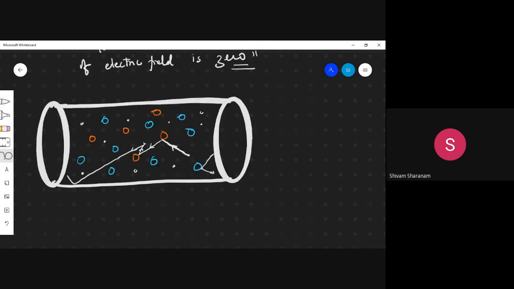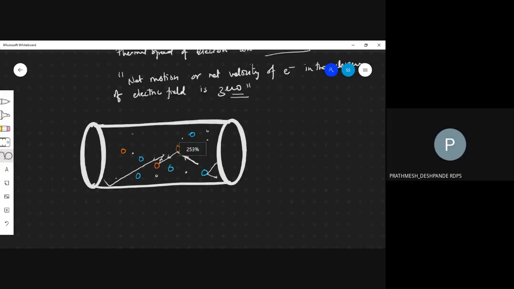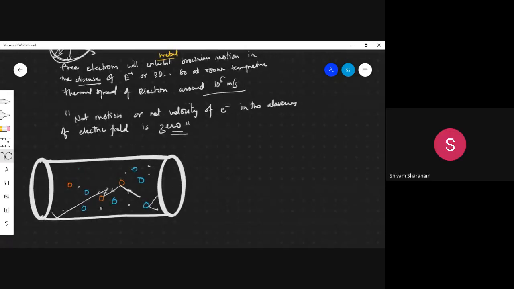Now let me ignore everything other than the electron. Please zoom out. Okay, I will keep only electrons and the rest, because we only have to talk about the electrons right here. We don't need to consider other things.